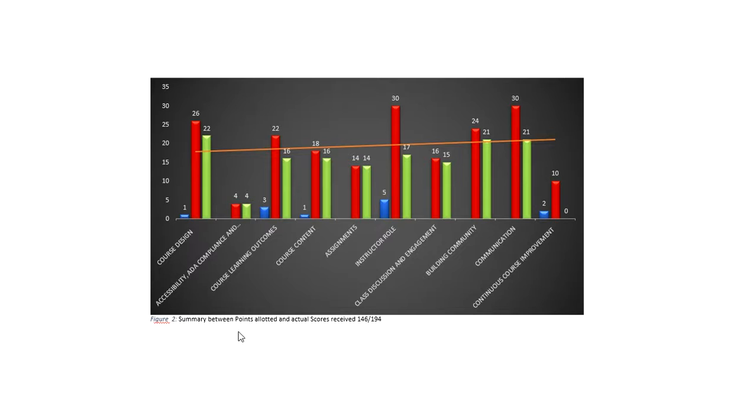Finally, here's a summary of the course analysis. Here you could see out of the 30 points, the instructor received 17 and how many were not assessed. So all that is in blue is what could not be assessed at this time. What is in red is the score that was given, and what is in green shows what was actually received by the course. Hence, out of 194, the score received was